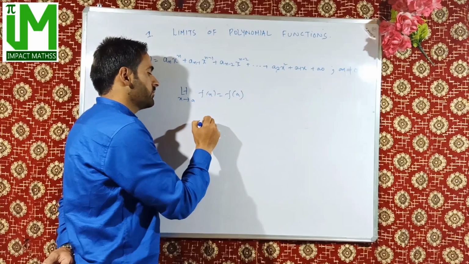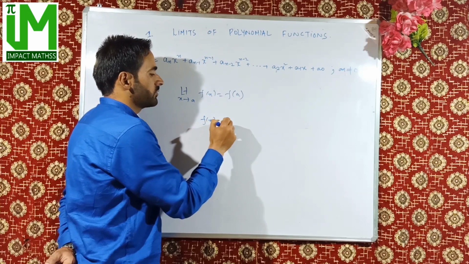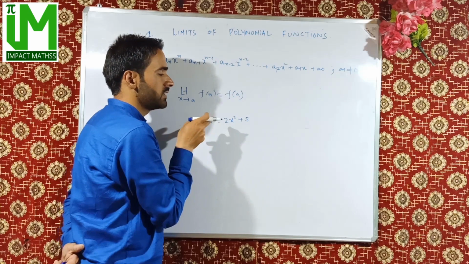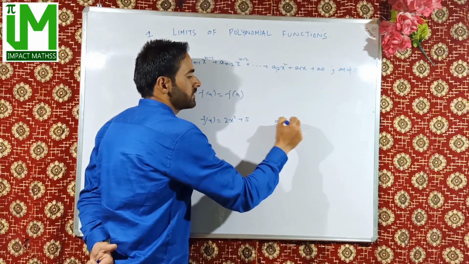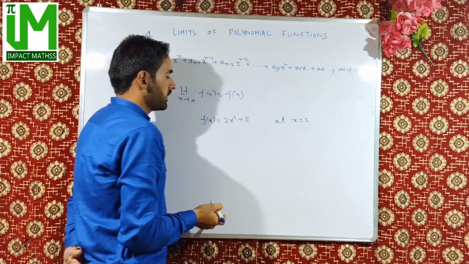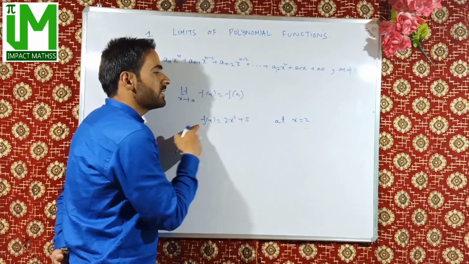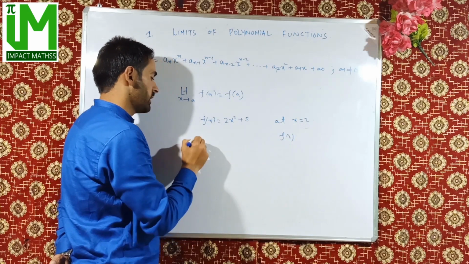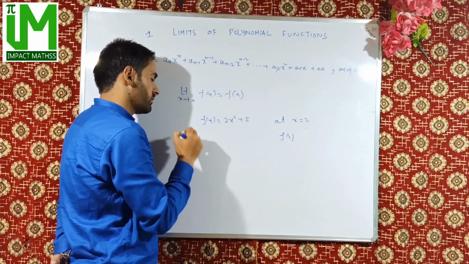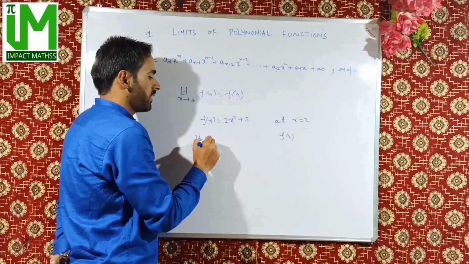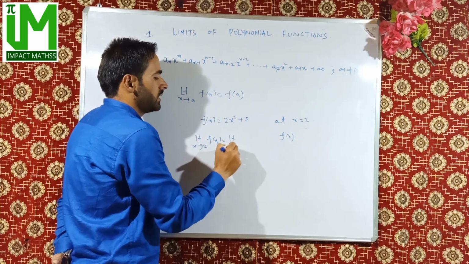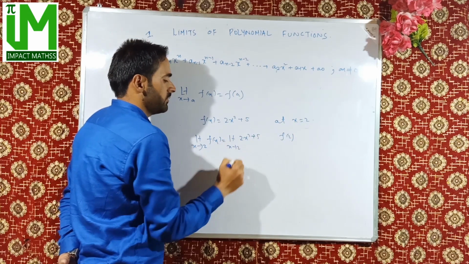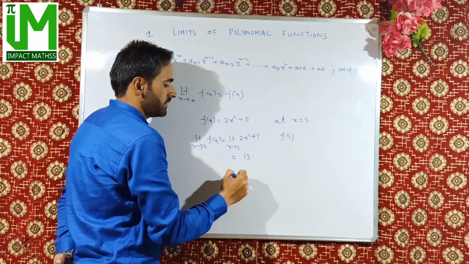As an example, if we have f of x is equal to 2x square plus 5, so if we have to find the limit of this polynomial function at x is equal to 2, then limit of this function f of x at x is equal to 2 will be simply f of 2, that is limit x tends to 2 of f of x, so it will be limit x tends to 2 of 2x square plus 5, so it will be 13,